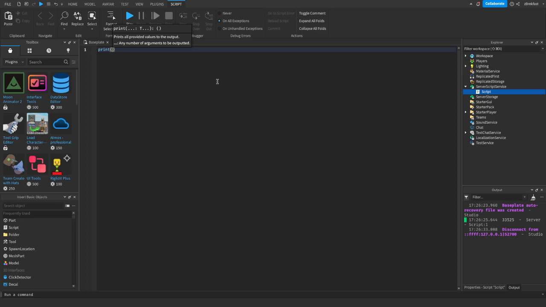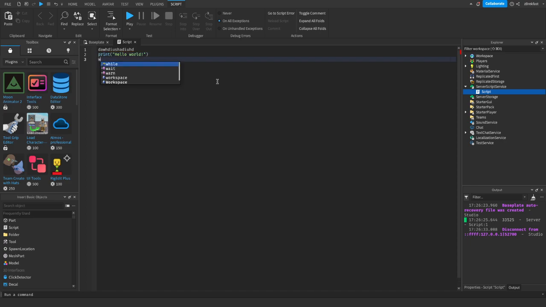So I'll just talk about where you might actually use print. I think I didn't talk about that already, but you can use it for debugging. Like, let's say you had some code for when the player joins, to say run this code when the player joins, and you wanted to give them a tool when they joined if they had like a game pass,